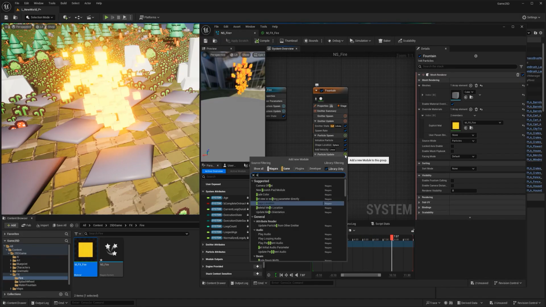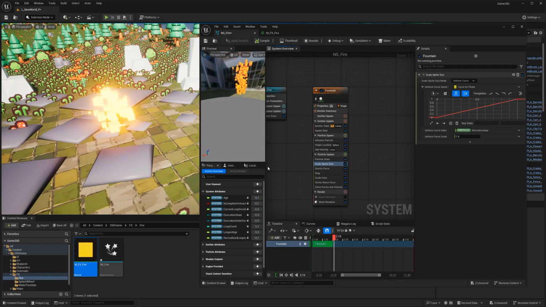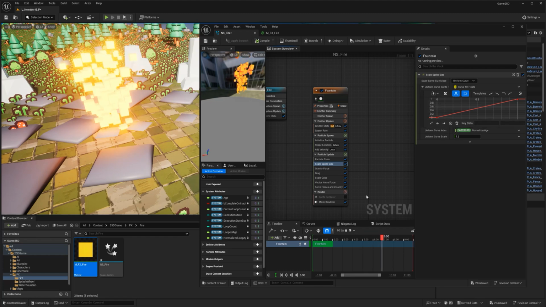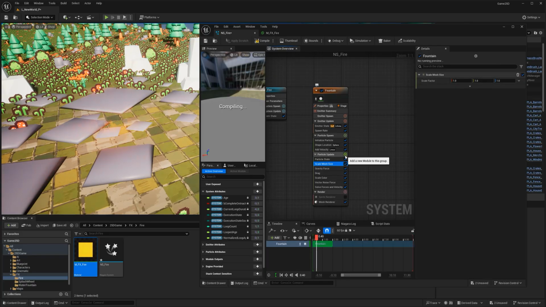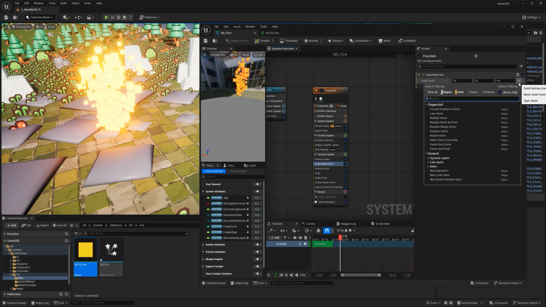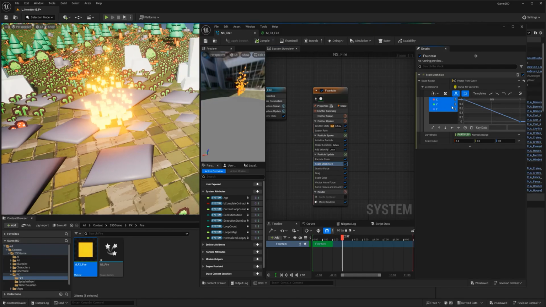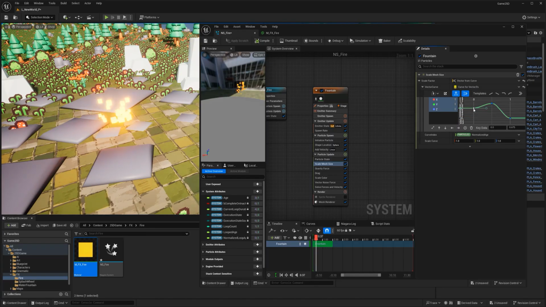Last also, scale sprite size. Now essentially it is a curve. So it starts small and becomes big. What we actually want to do, oh, not scale sprite size, scale mesh size. Scale mesh size. And we're going to expose this as a curve. And we have 3 vectors of information. So we can just select all of them and just go here and pick the one that starts small, gets big, and then becomes small again. And that looks a little bit more like what we will have. You can play with the curve too.